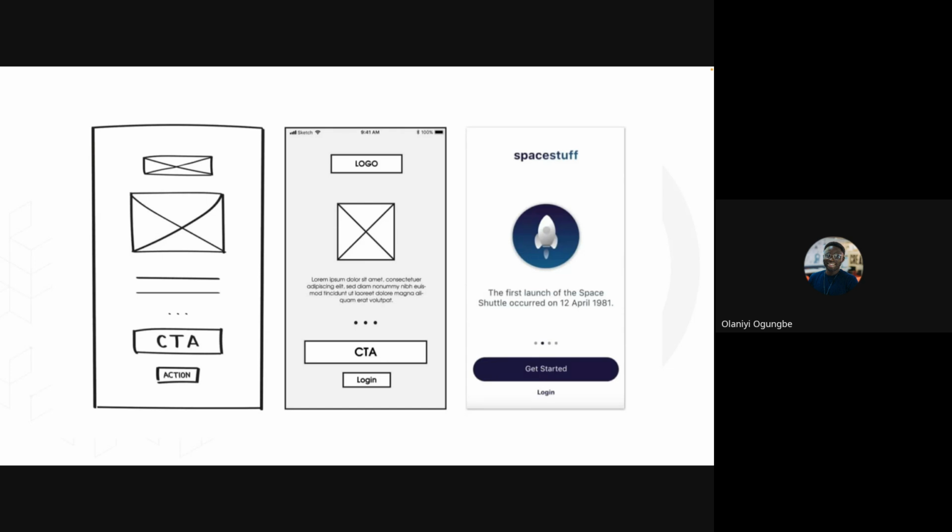While the mid fidelity wireframe looks a little bit more like the actual product itself. It's a little bit more refined. In some cases, some people even put the actual text on the mid fidelity wireframe. Some people do that, some people do not.